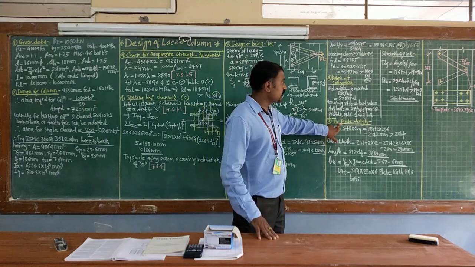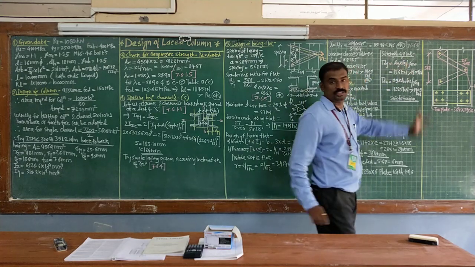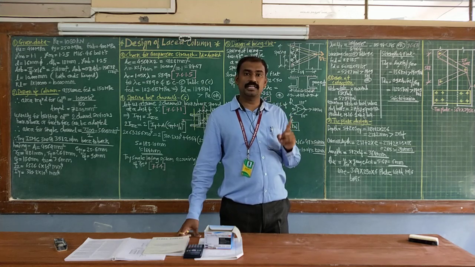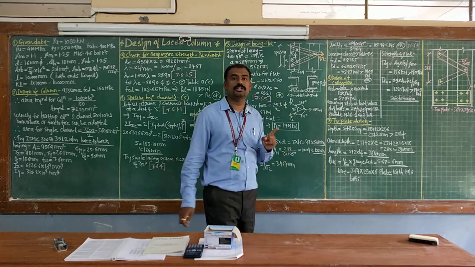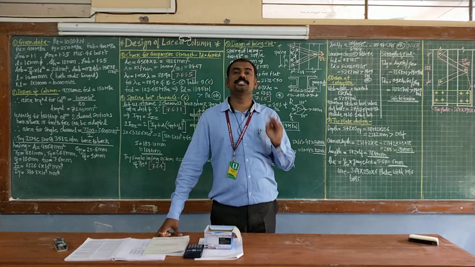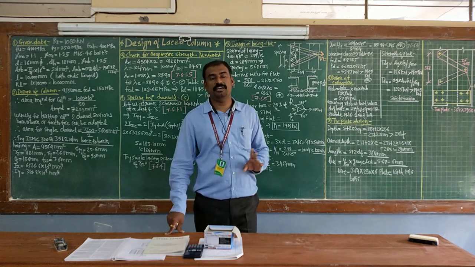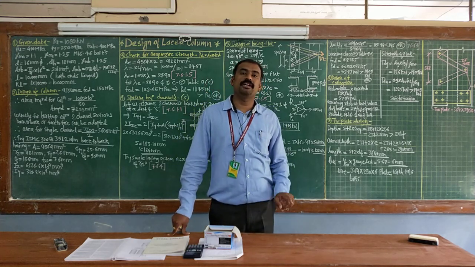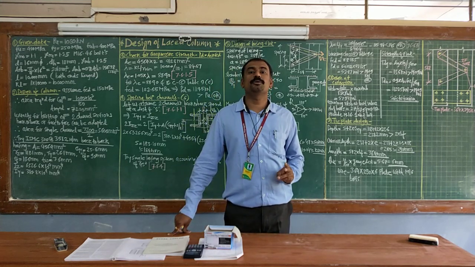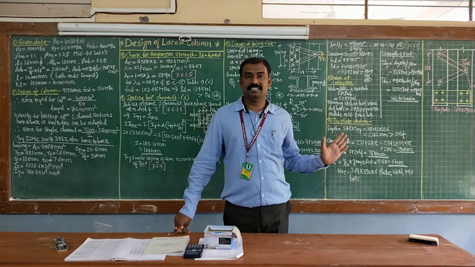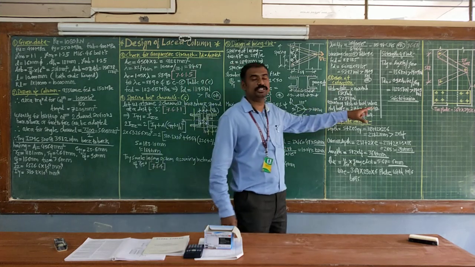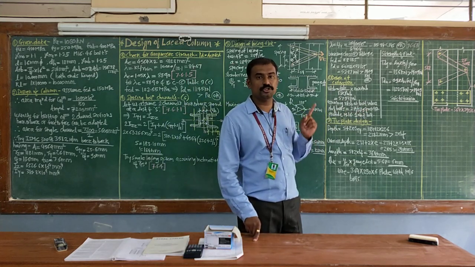Now next will be the strength of the flat. We have already calculated the compressive strength of the flat. Now similarly it should carry the tensile force also, and the design tensile strength of a section depends upon yielding of gross section and rupture of critical section. In the tension member design, unit 1B part, we have seen tension member design. A tension member fails because of yielding of gross section, rupture of critical section, and third, block shear failure. But usually for flat or plate sections with single bolting, block shear failure will not be there. Therefore we are going with only two calculations, that is Tdg and Tdn, the rupture of critical section.